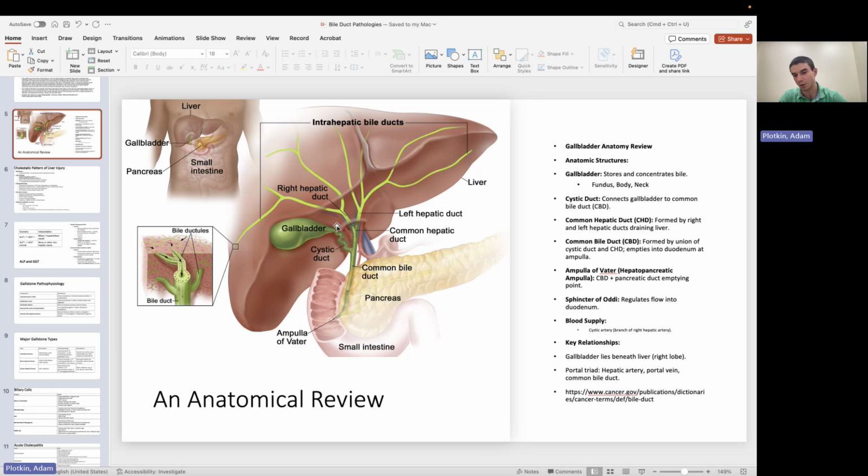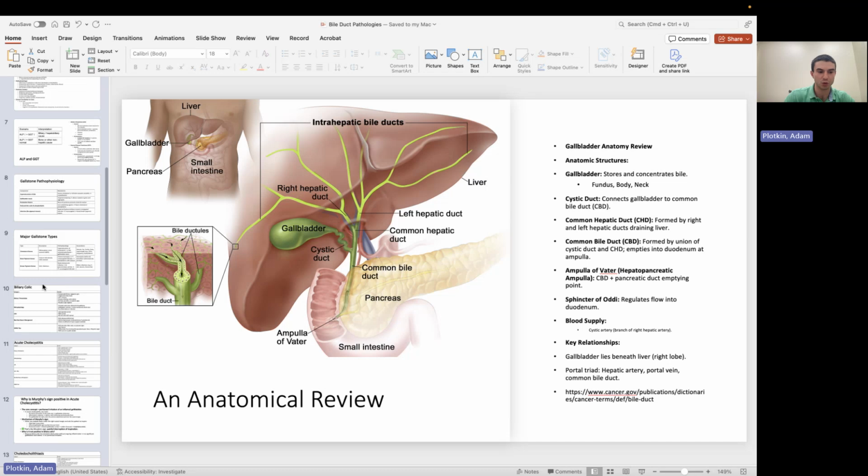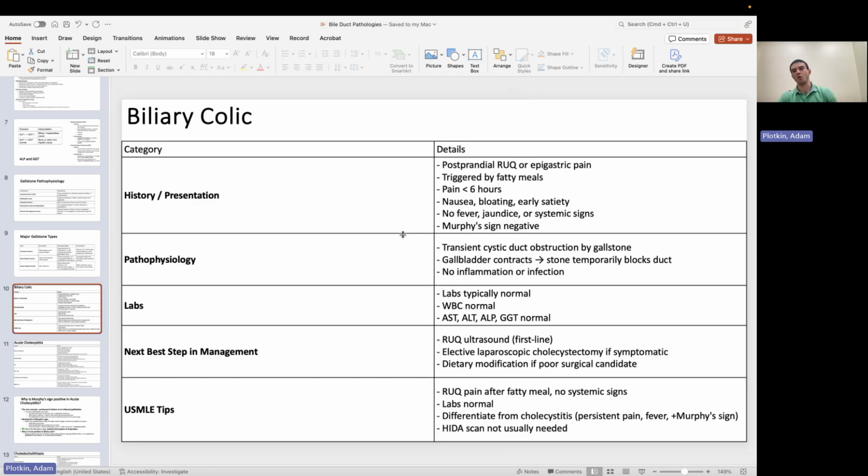This differs from acute cholecystitis because the stone actually gets stuck here for an extended period of time. So the gallbladder is constantly contracting. The bile is constantly refluxing and constantly causing the inflammation. In biliary colic, it's more of a transient process, right? That's why the pain usually only lasts for a short little bit, because the stone will move